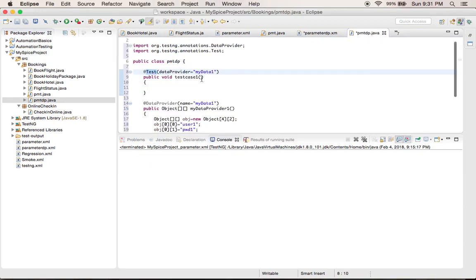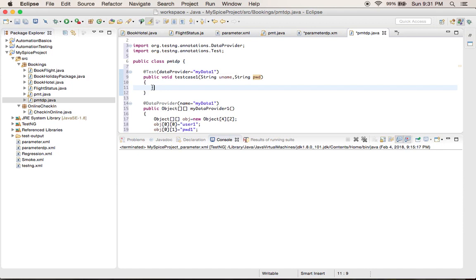Okay, like in the previous session, how we have seen to create local variables to capture whatever parameters we have in this method, the same way we have to tell this particular test what are the parameters that we have. So we know that we are using two parameters in our test. One is username and one is password. So I create local variables for this. One is uname and the other one is string pwd, password.